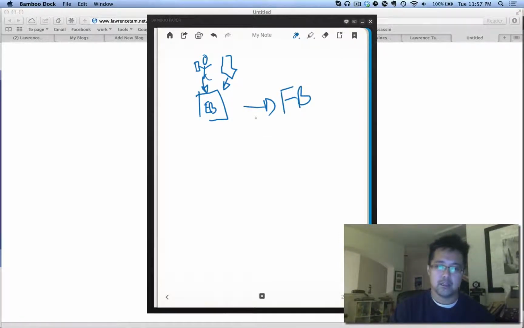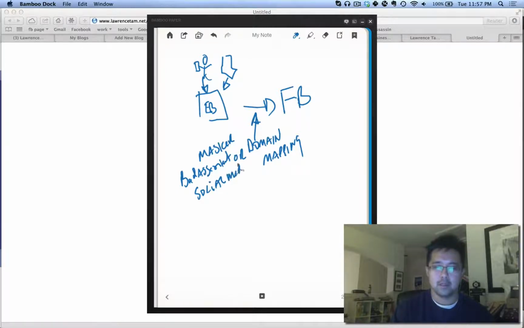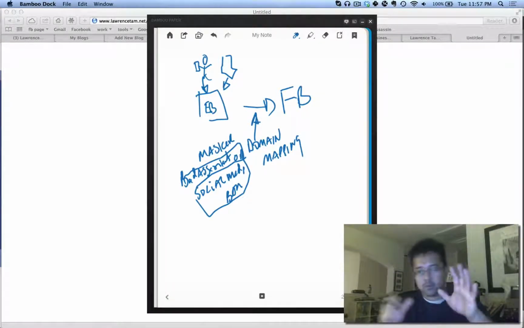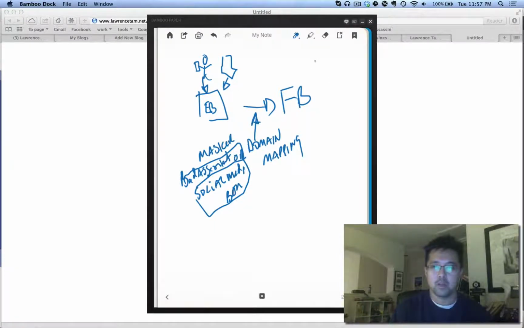And to do that, you need an actual step called domain mapping. Domain mapping, or you need something called, or like a masker. I call it a masker. It would be like badass content, which is free, or social media bar. I think social got blocked, but they're upgrading media bar. Okay, so these are like two different tools, right? Okay. Now, if you don't know what these are, just bear with me, okay? Masker or a domain mapping tool.